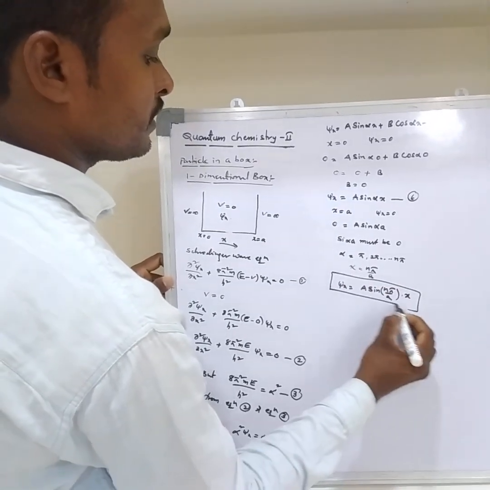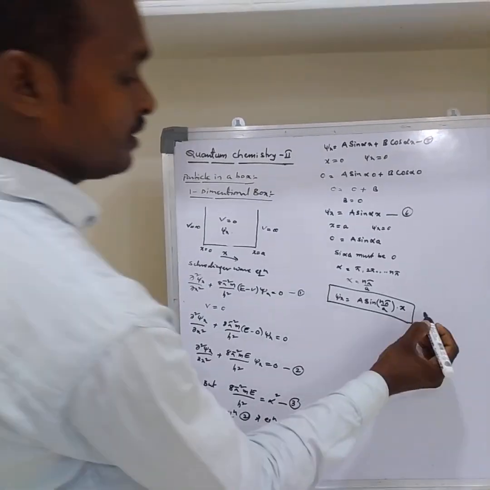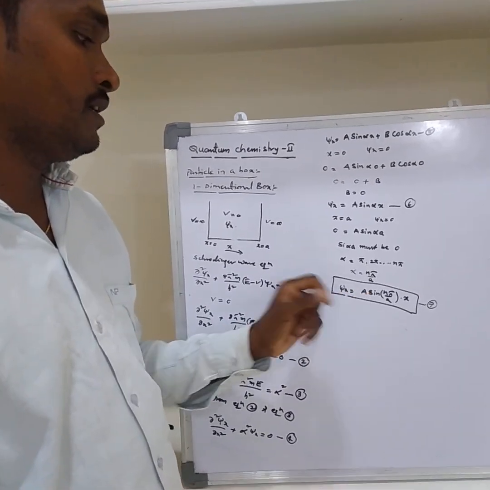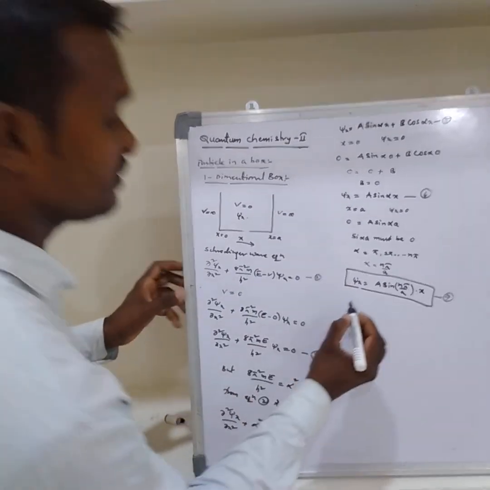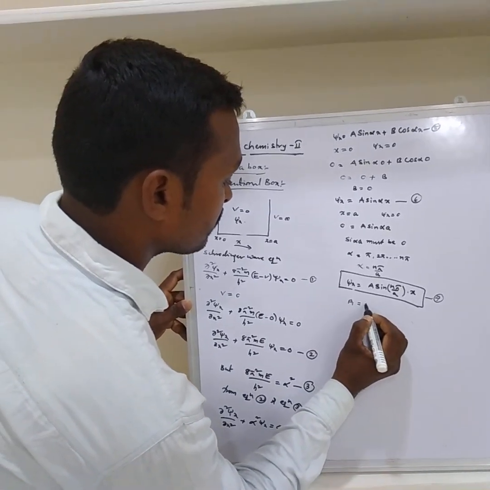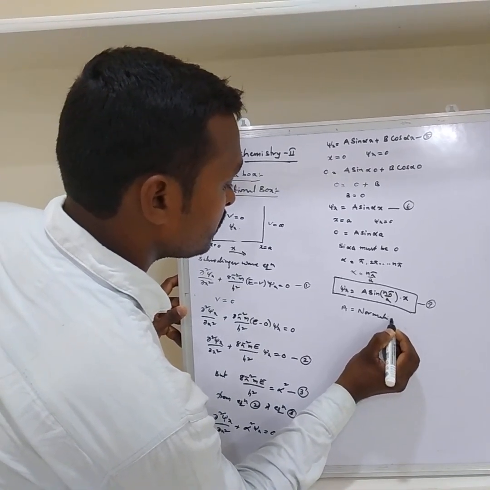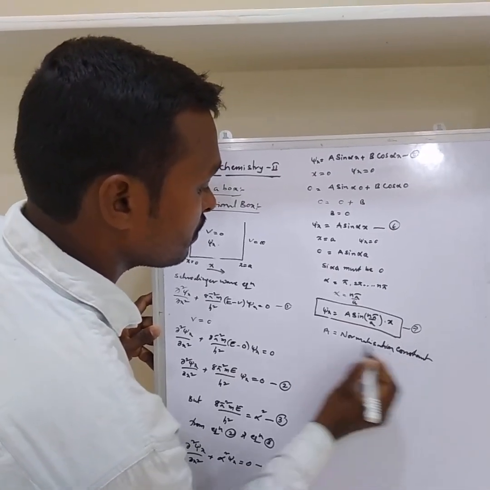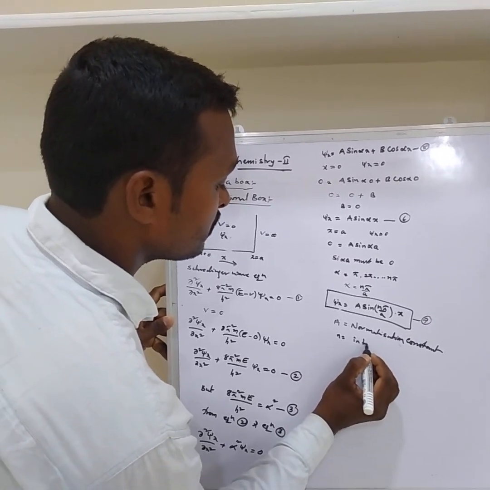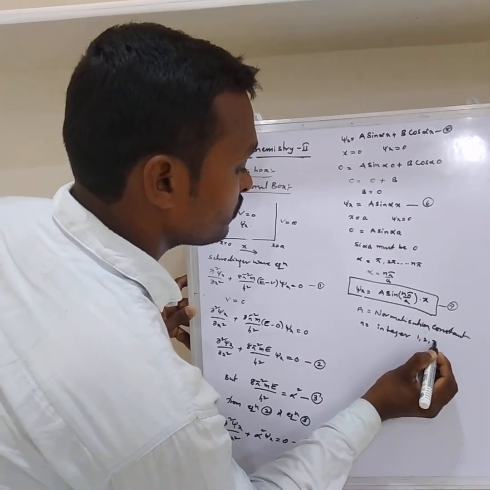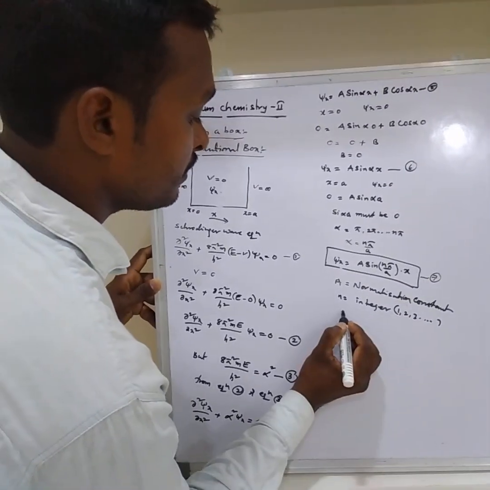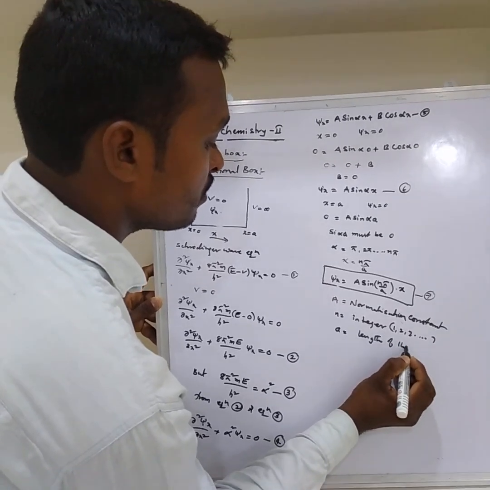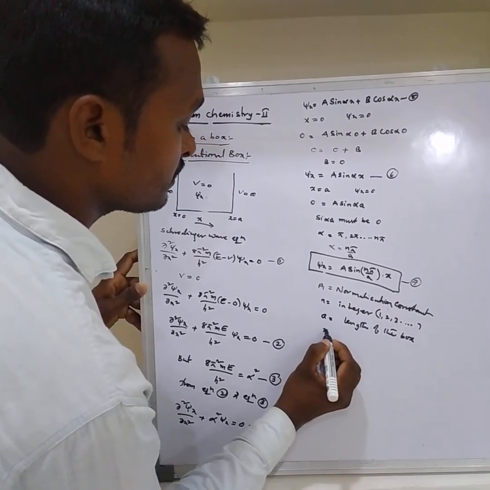The final equation we get, for the particle moving in a one-dimensional box, the wave function in the x direction, is psi x equal to A sin n pi x by a. Here capital A is a normalization constant, and n is an integer, always started from 1, 2, 3, and small a is the length of the box and x is the direction.